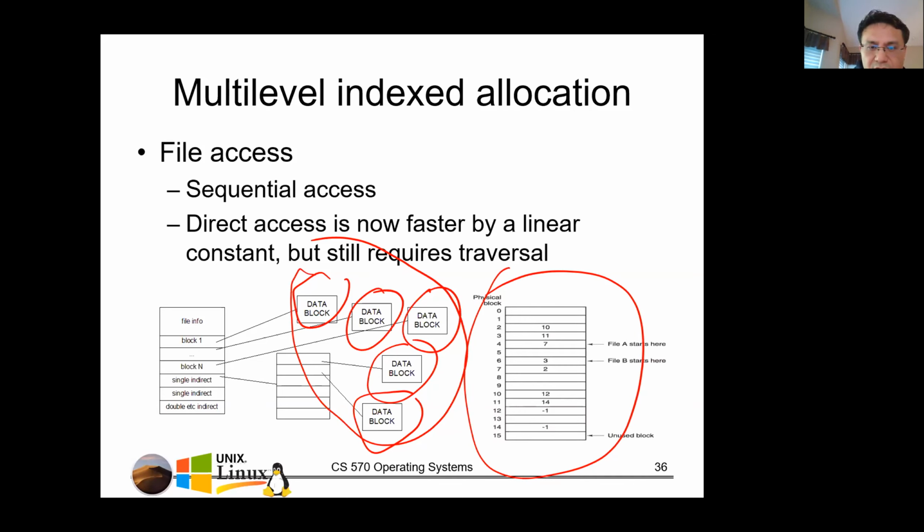So here, file A starts from this position, you go to 7, and then you go to 2 here, and then you go to 10 here. You would have to traverse this chain to locate the physical location of a file, right? But with the multi-level indexing setup here,